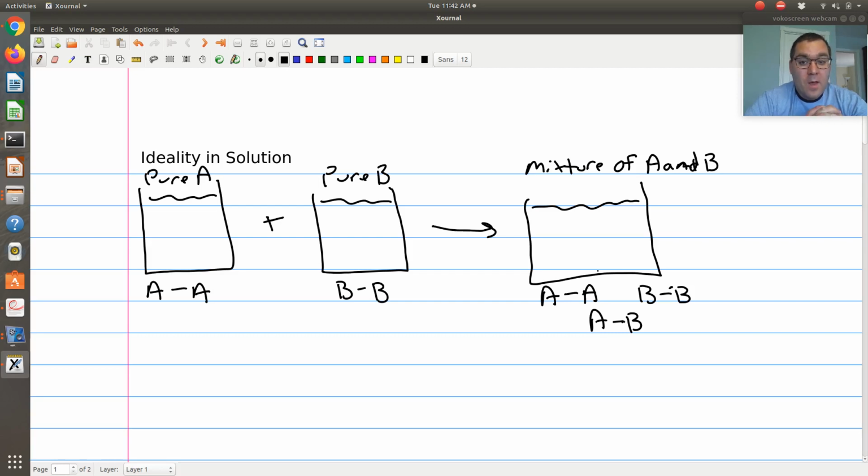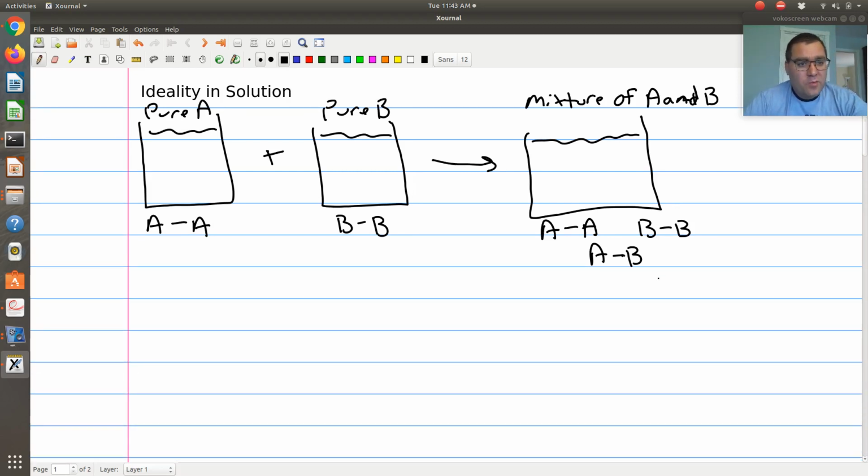So it stands then, if an ideal solution is just a system in which all of our intermolecular interactions are exactly the same, then in the pure component limit, when I have just AA or BB interactions, our system of pure A and pure B is an ideal solution. So an ideal solution is a mixture in which all intermolecular interactions are exactly the same, so our components are just as comfortable in that mixture as they are in those pure component systems. Cool.